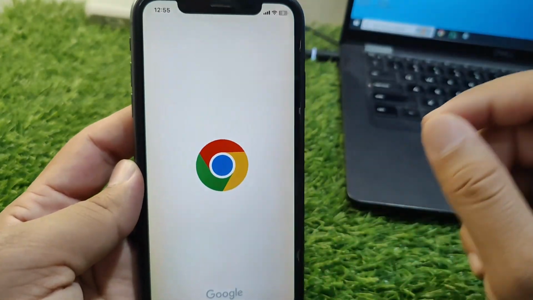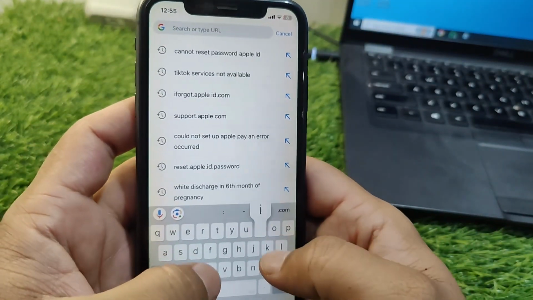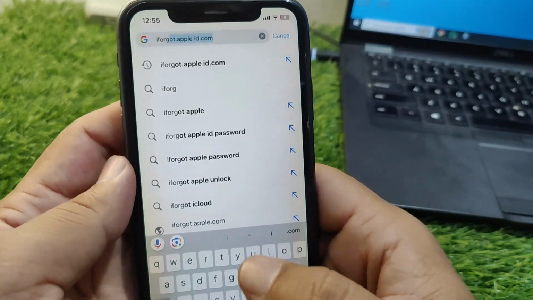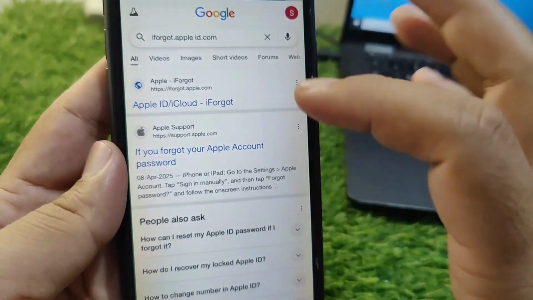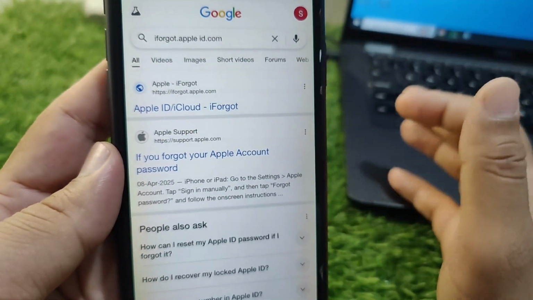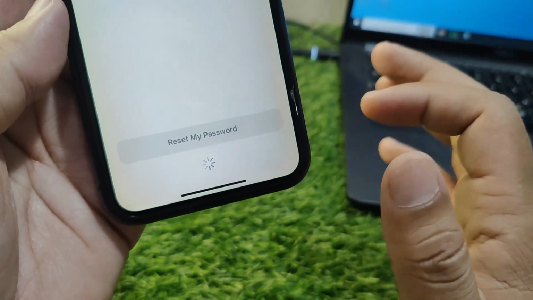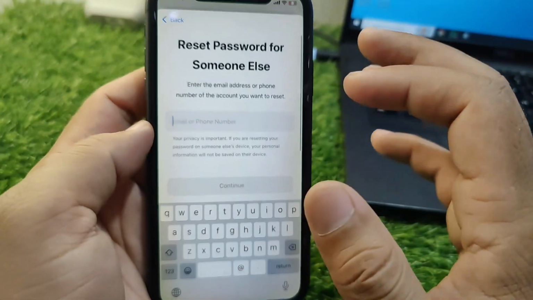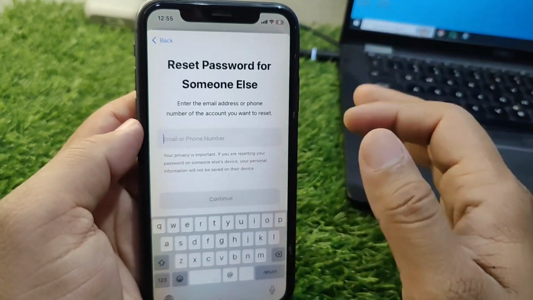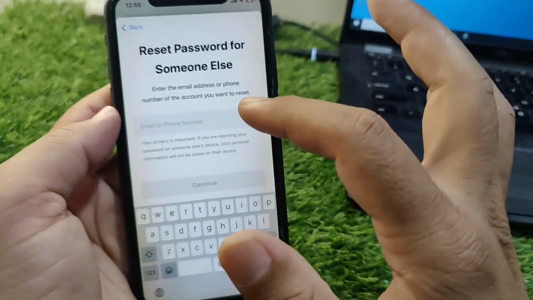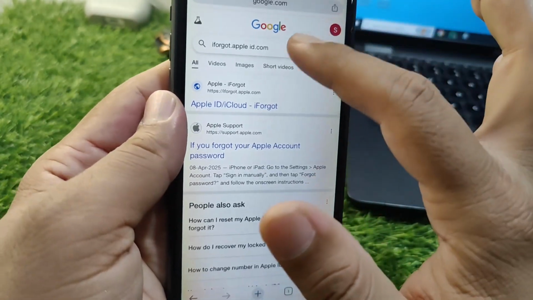open any browser and search here for iforgot.apple.com. Here it is. Simply open this website or the link and now tap on Help Someone Else, or you can use your ID, and now try to reset the password for your Apple account again from here. So guys, check if the process is working or not, and if it is not working, then go back and